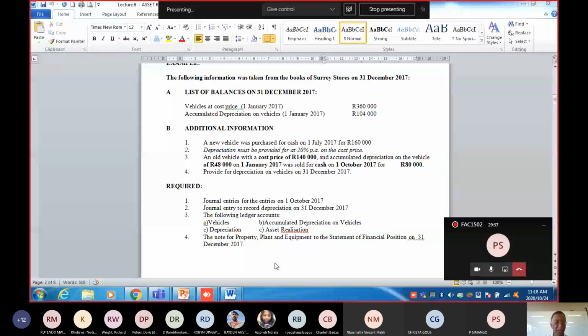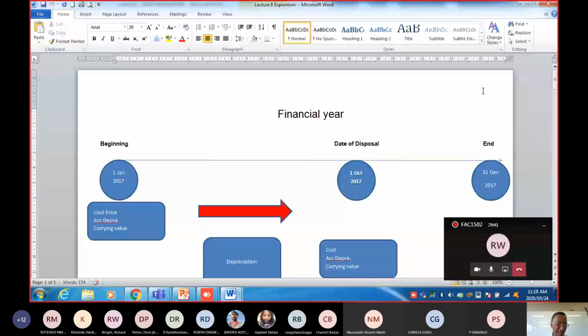Your financial year has started on the 1st of January. It ends on the 31st of December. And the date of the disposal is on the 1st of October. Based on the information given to us in the question,